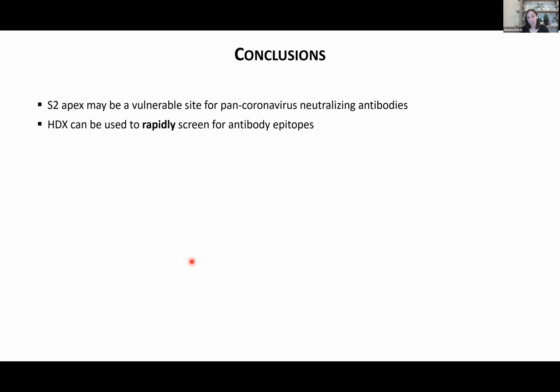So the S2 apex may be a vulnerable site for pan-coronavirus neutralizing antibodies, but I guess more generally, HDX can be used to rapidly screen for antibody epitopes. Again,